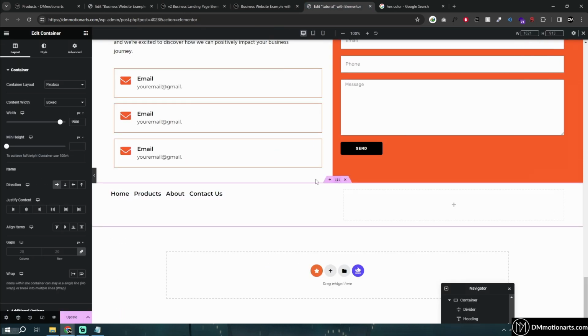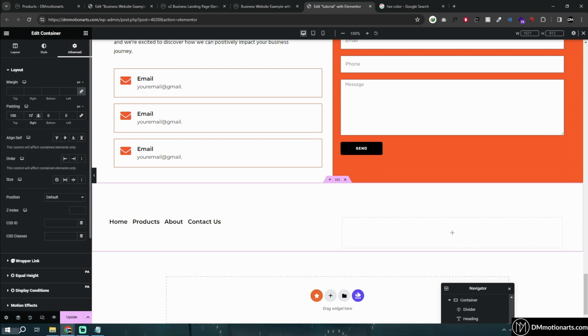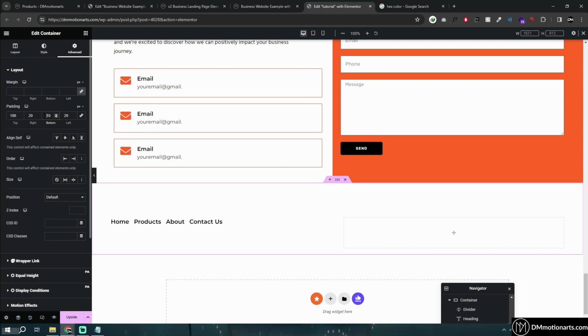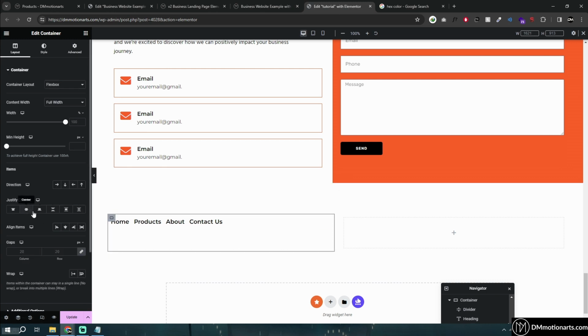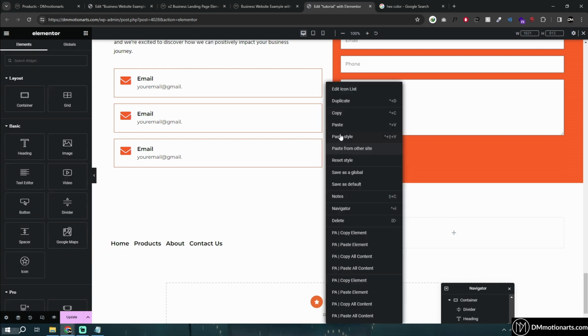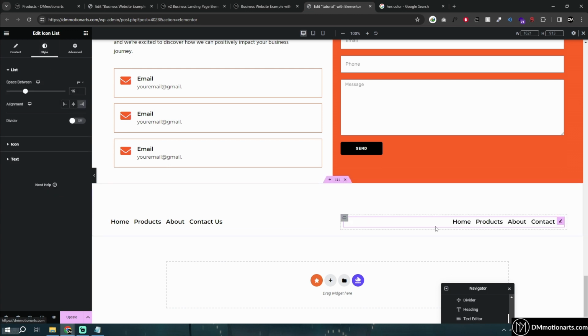Let's make sure we have like nice padding on top. So let's do like 100, and then like 10, or let's do 20 at the left and right, and then I guess 20 at the bottom. One thing we need to do is click on this one and make it go at the end, and let's copy paste it in here and make it go at the end like this. And we will basically just change the name around here. Obviously make sure it looks good with like space between,